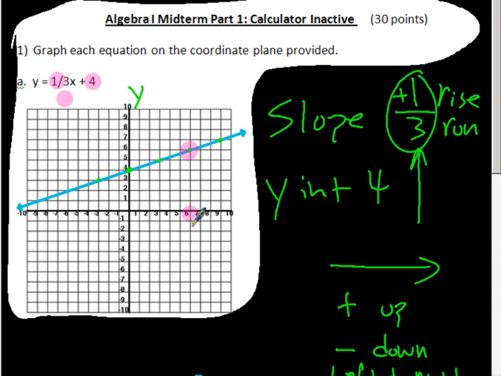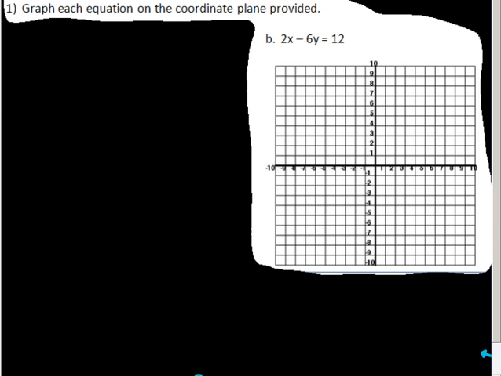So the question is, 6 equals 1/3 times 6 plus 4. 1/3 of 6 is 2, and 2 plus 4 equals 6. I'm good. Next one requires a little more work